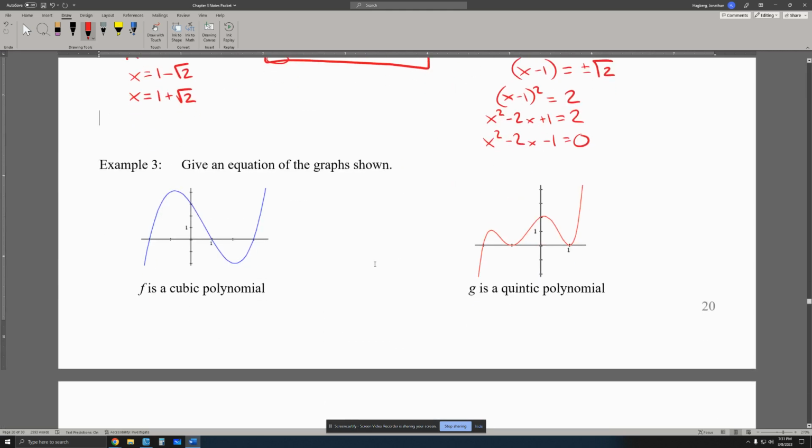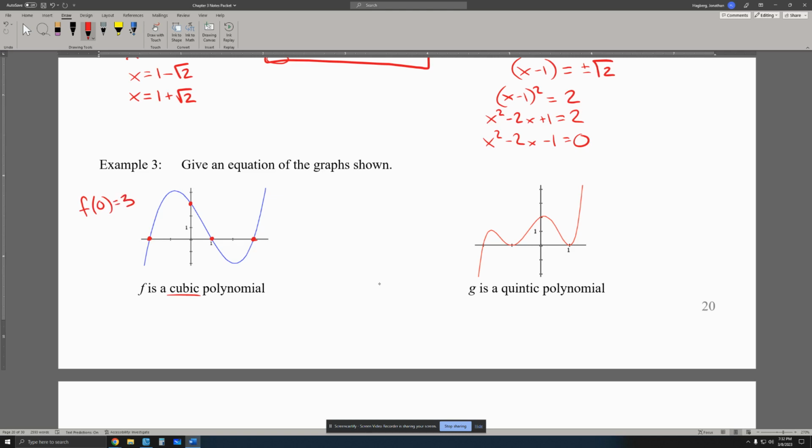All right, our last couple examples here: give an equation of the graphs below. Okay, so I noticed that this function f on the left has a 0 at -2, 1, and 3. This is a cubic, so each of these zeros has multiplicity 1. And it also has the y-intercept of 3. Okay, so off to the side, I'm just going to write f of 0 is equal to 3, because that's